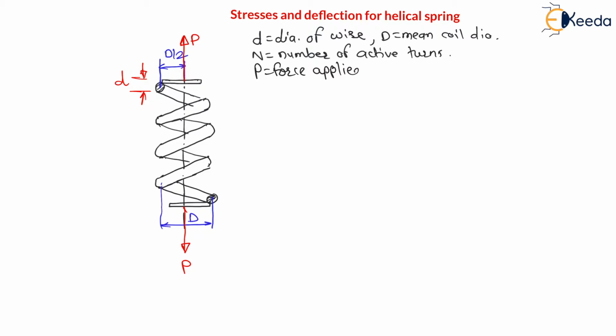Now my dear students, for this spring, though the force is applied in tension, in the wire, means in this cross section of wire, let us say here I am measuring the cross section of wire, right? In this cross section, there will be a torsional shear stress. So let us understand how this torsional shear stress will generate. Now my dear students, what you do, unwound the spring. If I unwound or unbend the spring, then I will get some length of this wire, right? Let us say if I unwound or unbend, then I will get some length of wire like this.